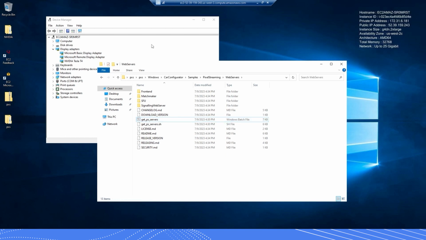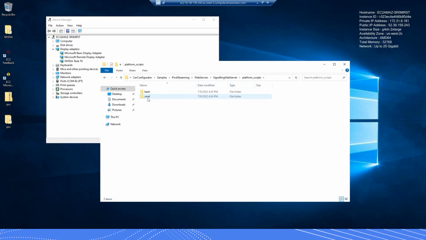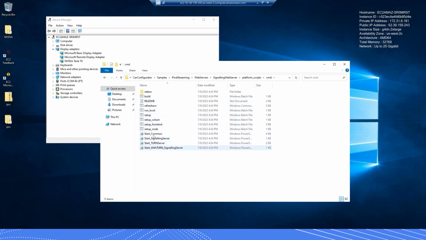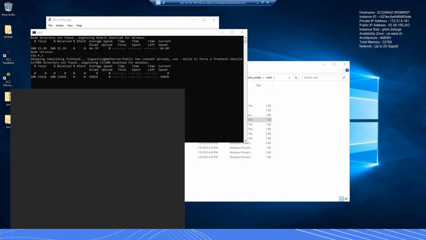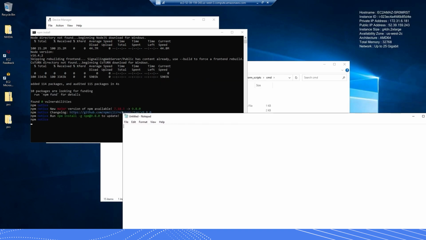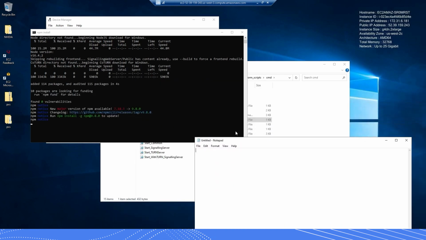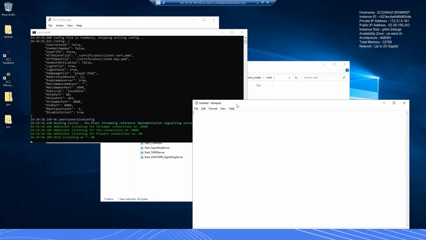After that's done, it's time to start the signaling server. I double click on Signaling Web Server, I go to Platform Scripts, CMD, and once I am at this screen, I double click on Run Local. And I wait. I'm going to just kind of prepare for the next steps while that's installing. I am essentially waiting for that to install. And once I start seeing that web sockets are listening, that means that I am ready for the next step,